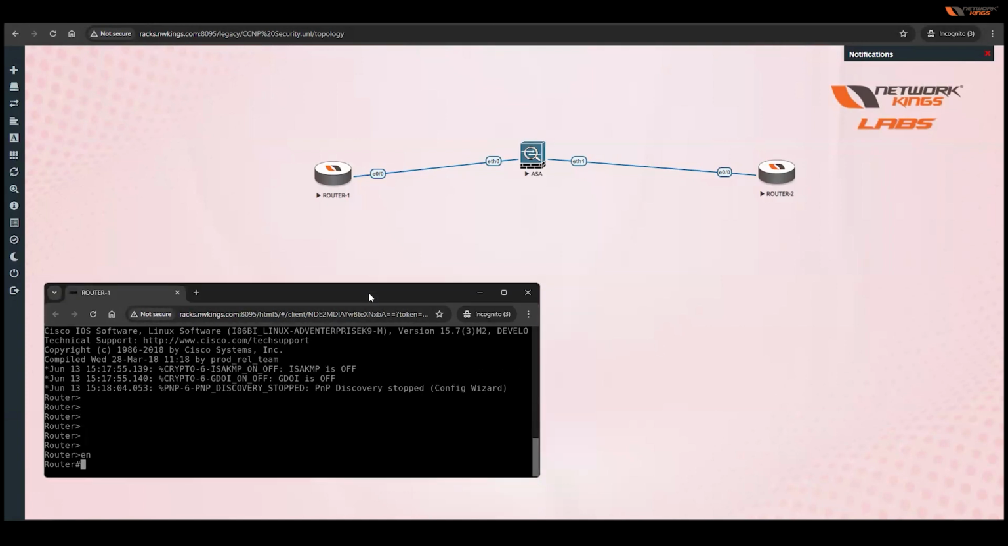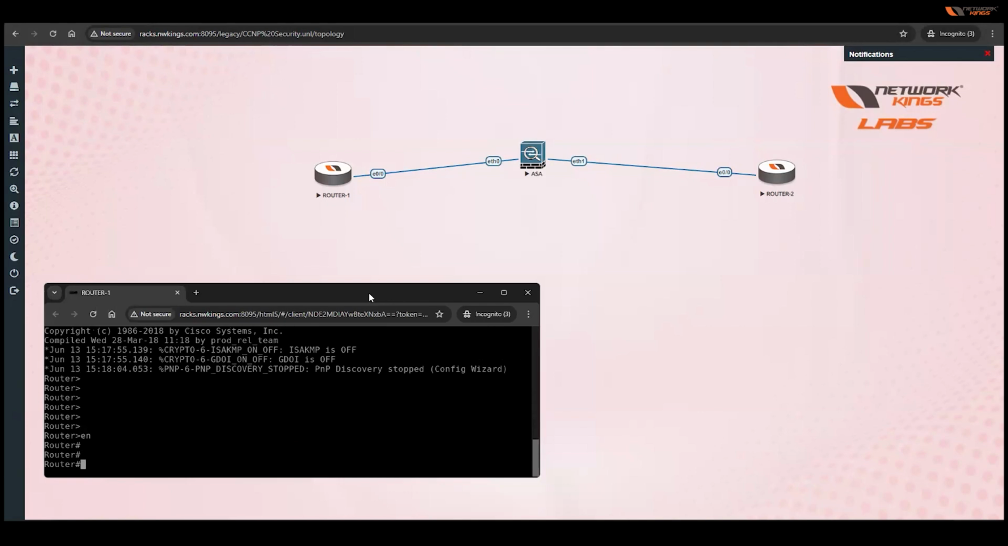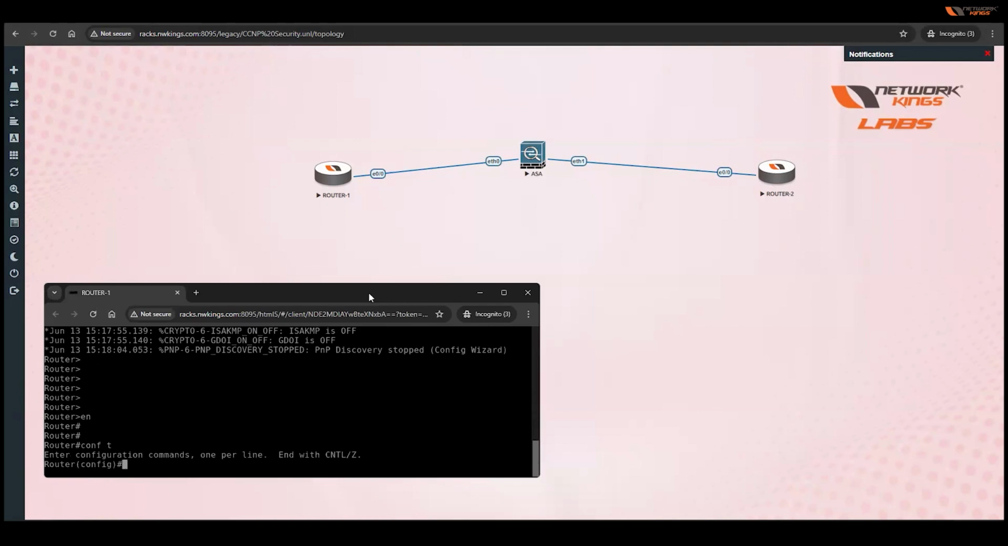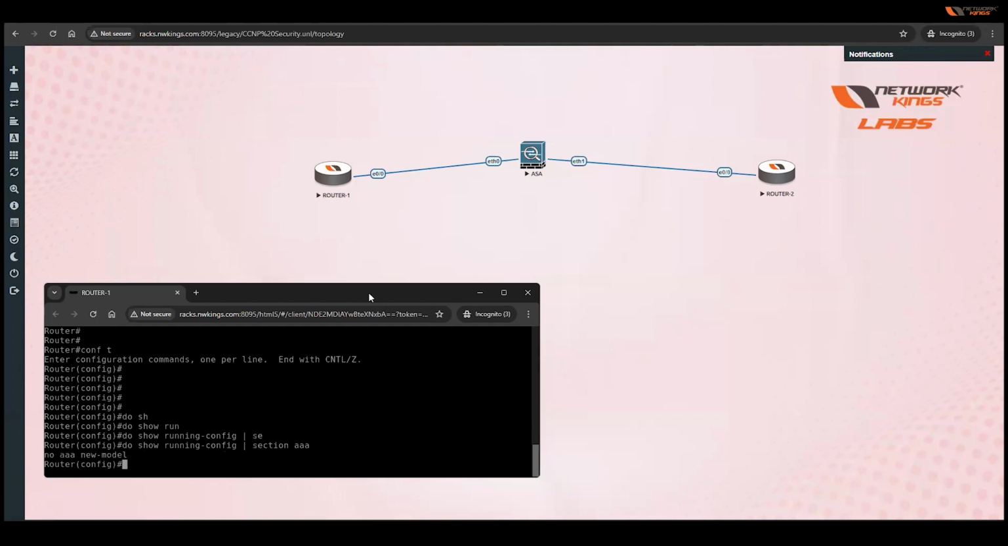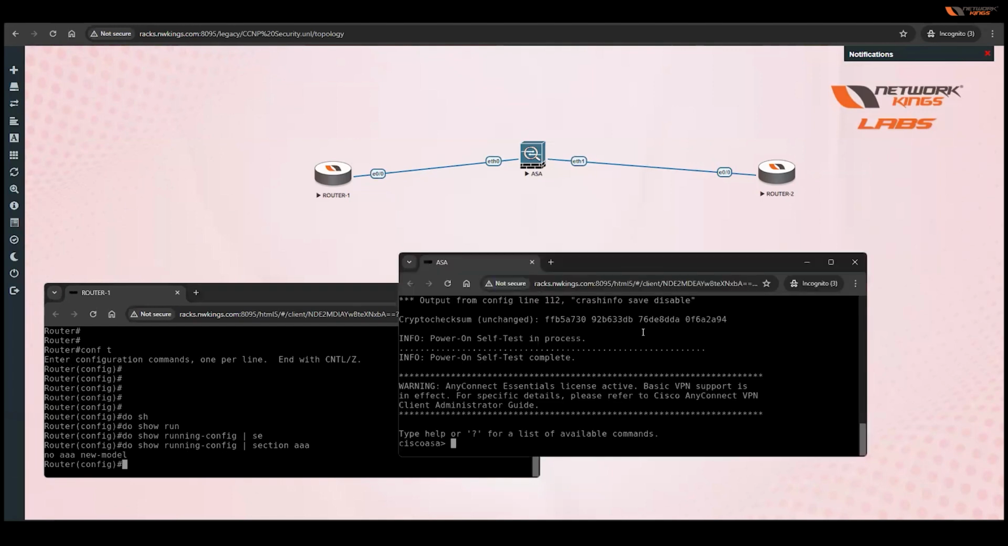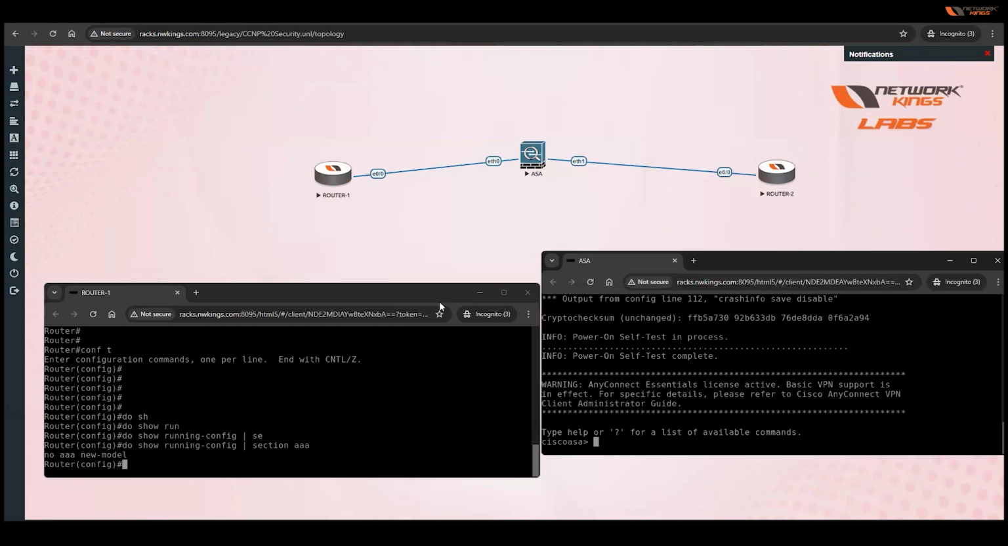If I type enable, as we just discussed, we land on privilege mode. After that, this is our global mode. If you remember, guys, on a router, when we are in global mode and want to see any show command, we need to type show run and then section. So it will give you the output, right? But for ASA, we do not need to type any